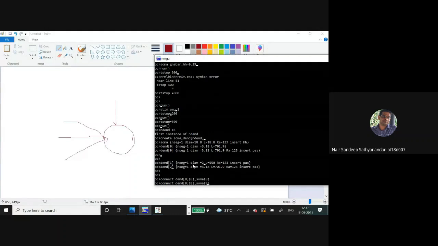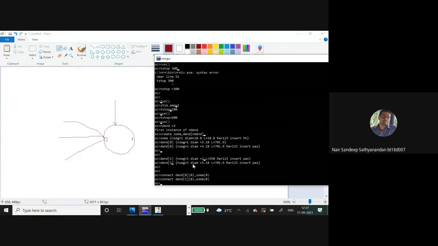Now the second dendrite also we can connect. So this is connected, and you can connect the other dendrite also here.